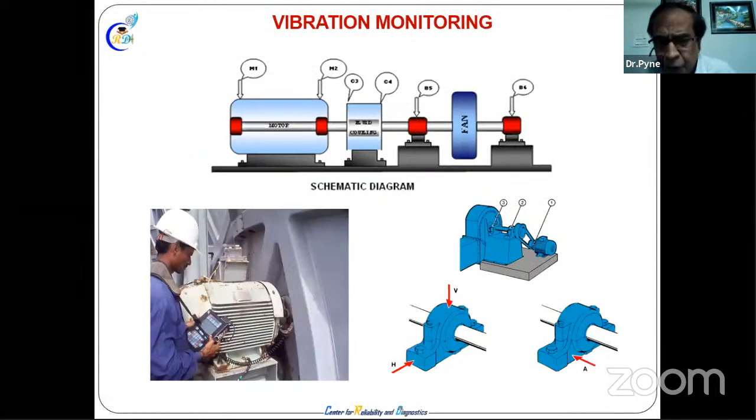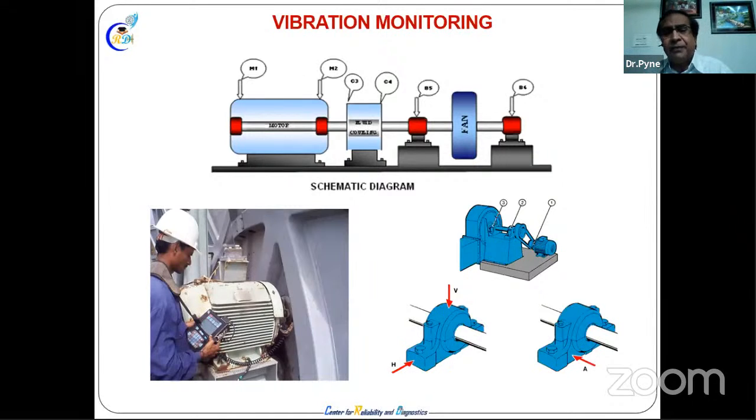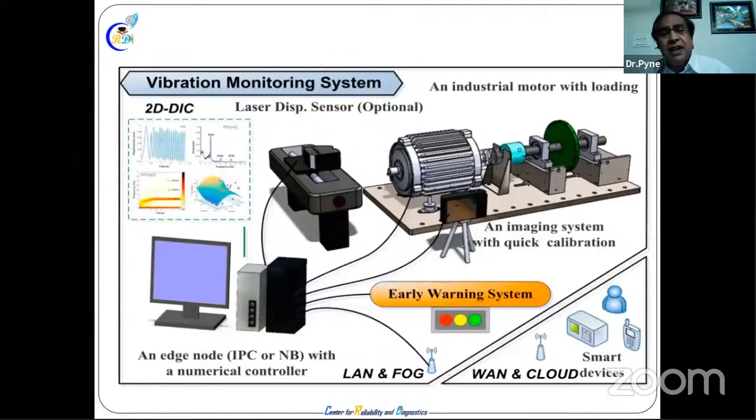Vibration monitoring is very commonly used, in different equipment and at different points. At every point you take three readings: horizontal, vertical, axial. Why do you take three directions? Because vibration has six degrees of freedom, and you have to take all three directions. From this vibration, every type of fault has different characteristics. Misalignment is separate, unbalance is separate. Accordingly, you analyze and get the diagnosis.